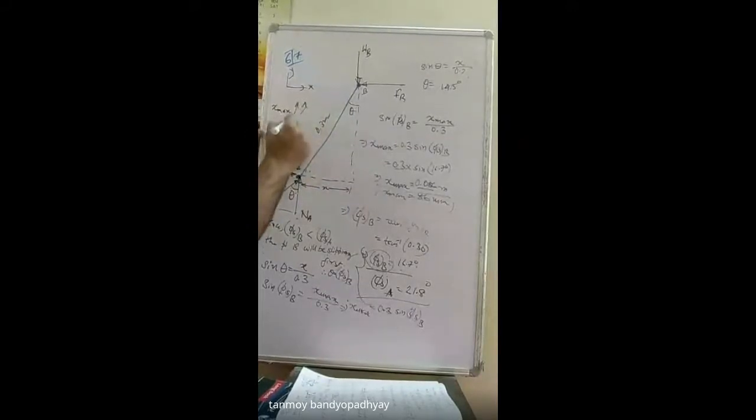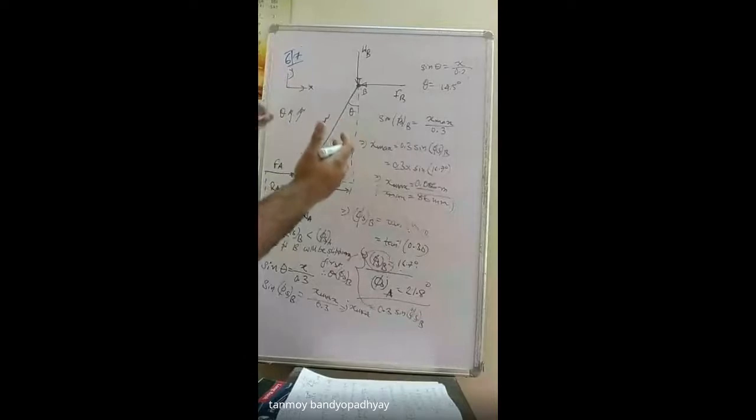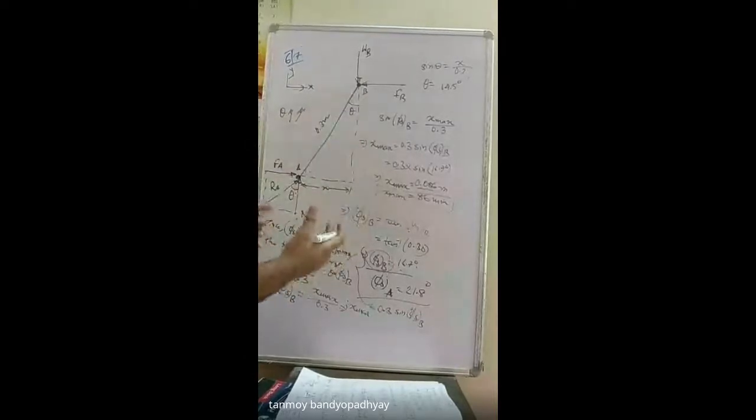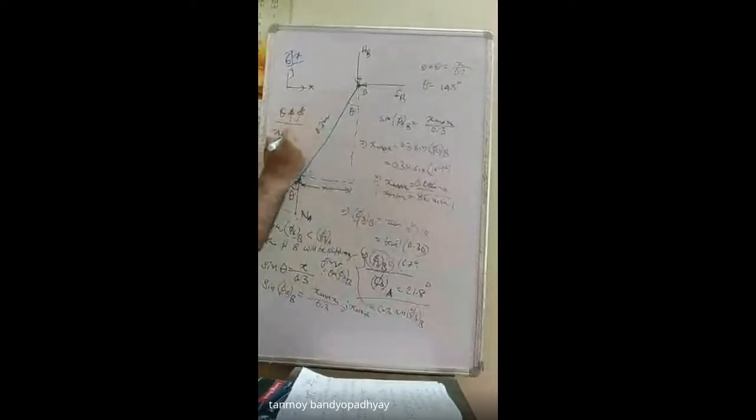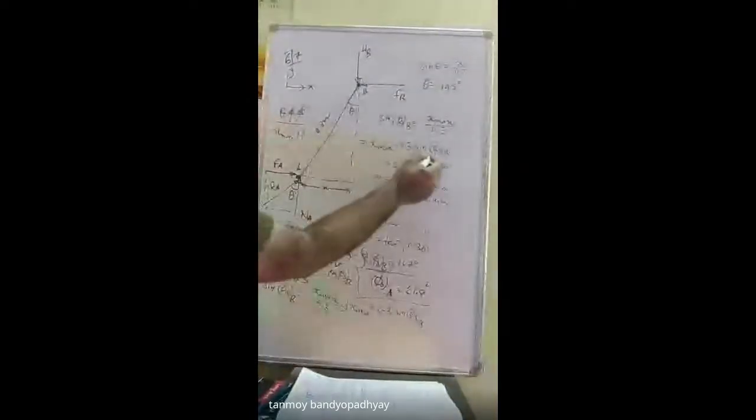In order to increase theta, I have slid this bar. A point will come when it will slide by its own, due to friction. So as I go on increasing theta, I have to go on increasing x max. So I am sliding this bar, and as I go on sliding, a point will come when this theta becomes equal to this value. At that point, B will start sliding down.